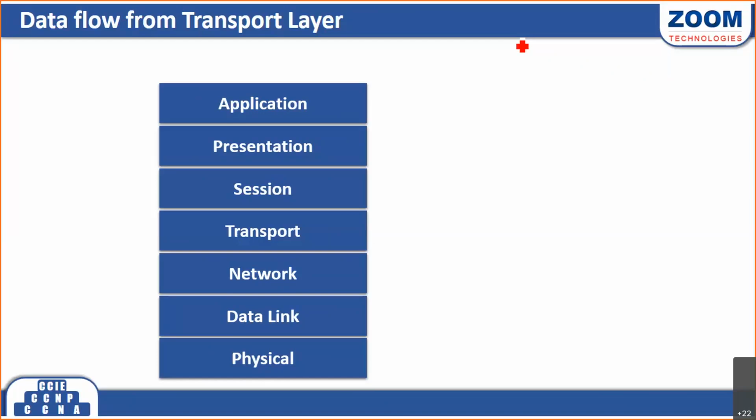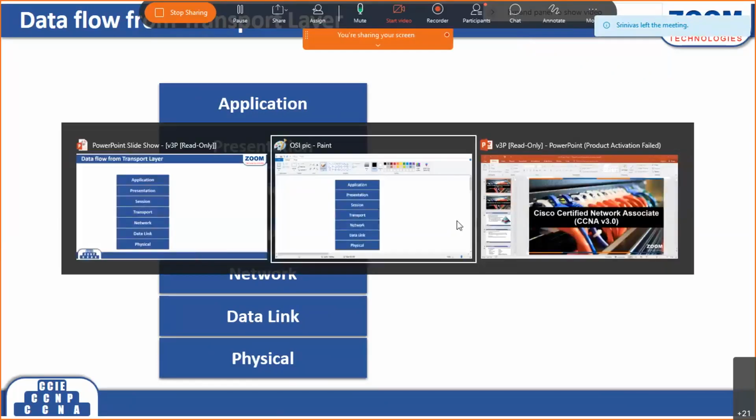After identifying the service, the transport layer's responsibilities are multiplexing and demultiplexing, segmentation, sequencing, reassembling, error correction, and flow control. These are all transport layer responsibilities. Up to the transport layer we have discussed, right? So today we continue with the remaining bottom 3 layers, which are the hardware layers. Before that,